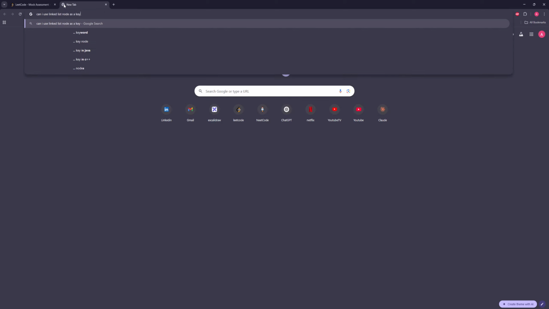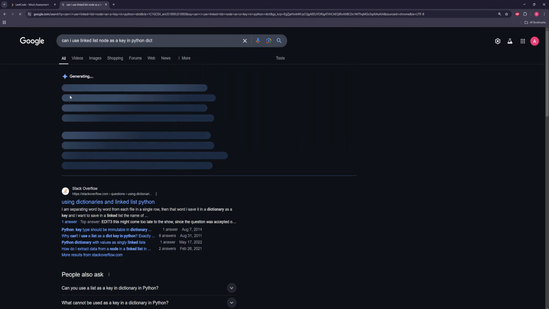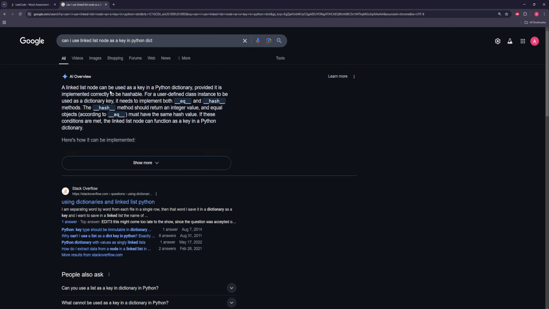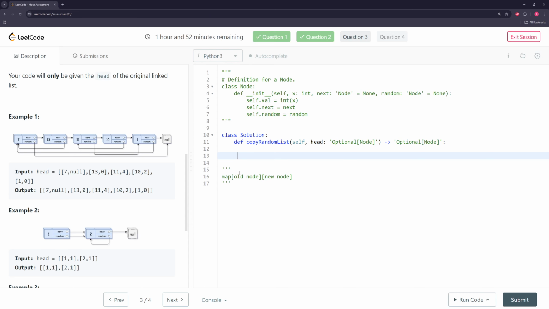List node as a key in Python dict. Not super sure there. Can be correctly hashable. Okay, interesting. I think this will work then. Yeah, we'll find out. But essentially, if this is doable, if you can map the old node to the new